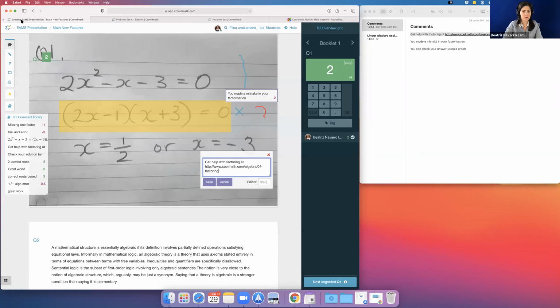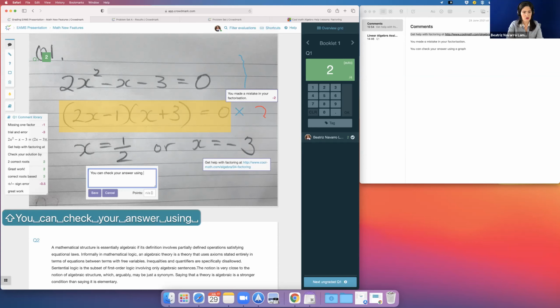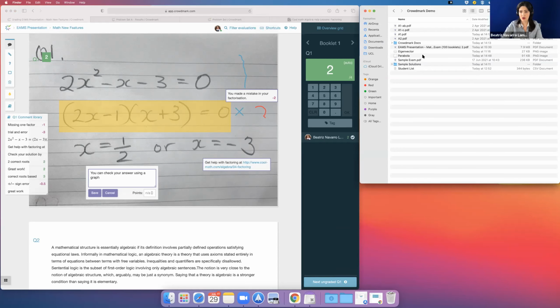Another very cool feature that I love about CrowdMark is we can say you can check your answer using a graph. Then I can go to my files, and I have the graph over here, and I can drag and drop it in the comment box.